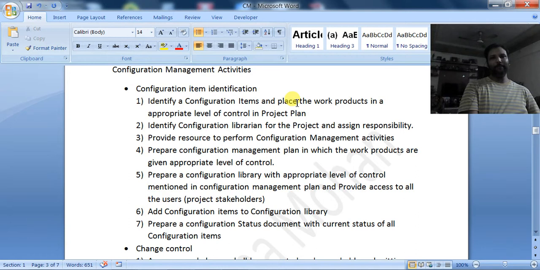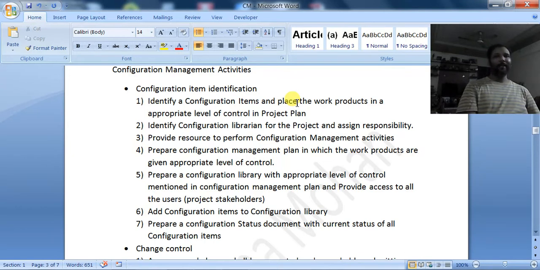He will be responsible for all the activities to be done in the project as far as configuration management is concerned. He will maintain and make the configuration item list.